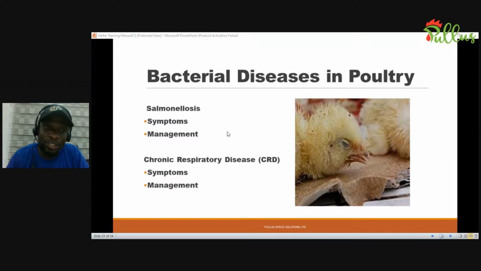So when you start using any drug, please be very cautious. Do not sell chickens that you are already using antibiotic on, because the remnant of that drug would still be in the system of those chickens, and then it's not good for consumption at that point in time. So we have to be very cautious when we're treating bacterial infection. We have to use antibiotics with caution. We have to make sure that we use the appropriate drugs at all times.